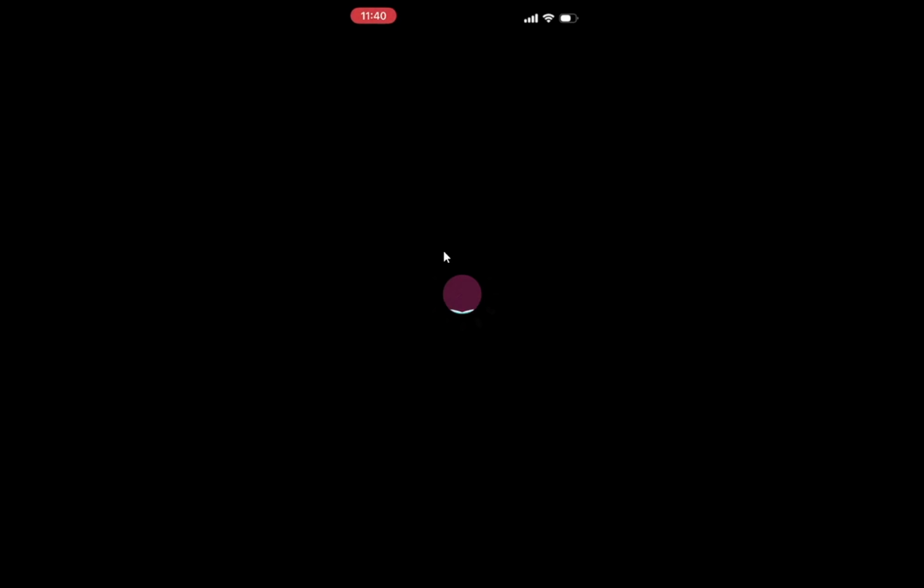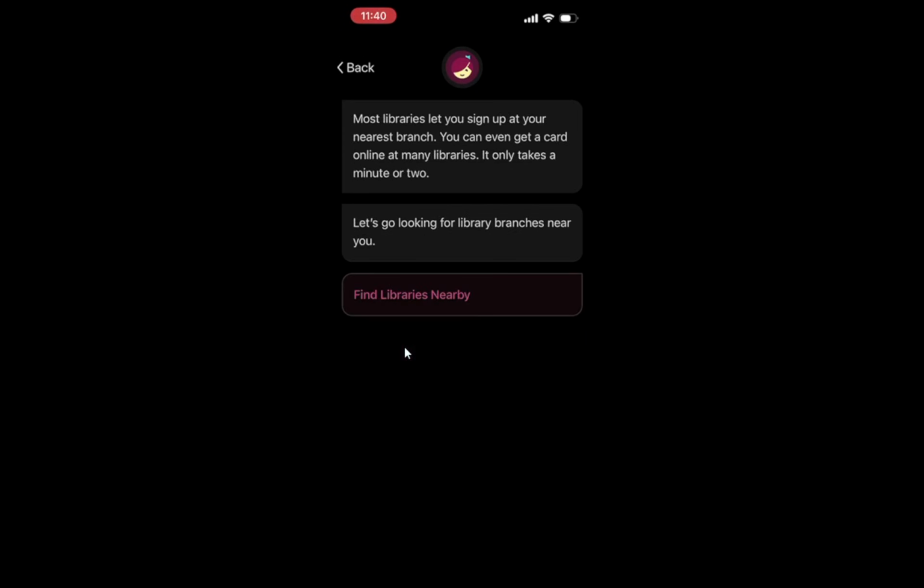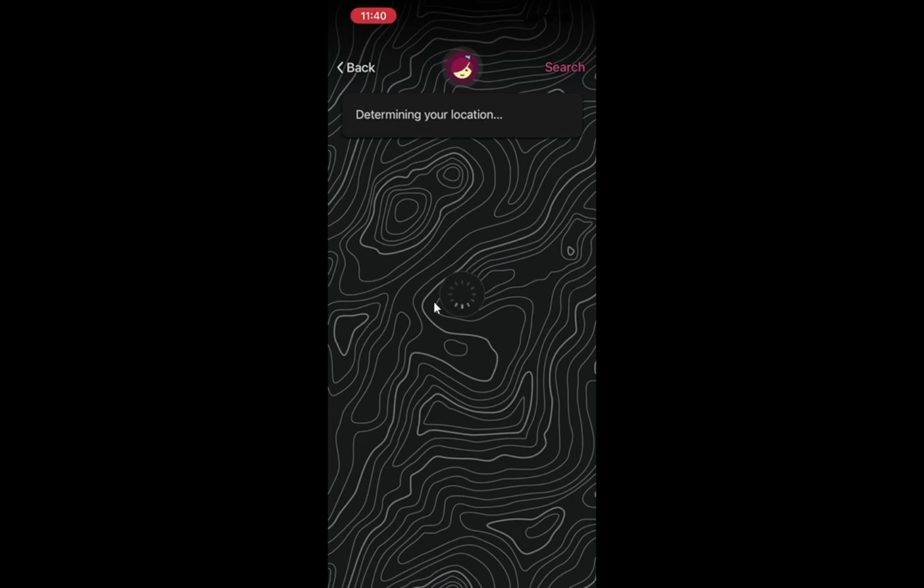Now tap Open. Libby will launch for the first time, and you should see a friendly welcome screen with the Libby character and options to get started. Opening from here also adds the app icon to your home screen or app list so you can return to it later. With Libby open, follow the prompts to set it up.